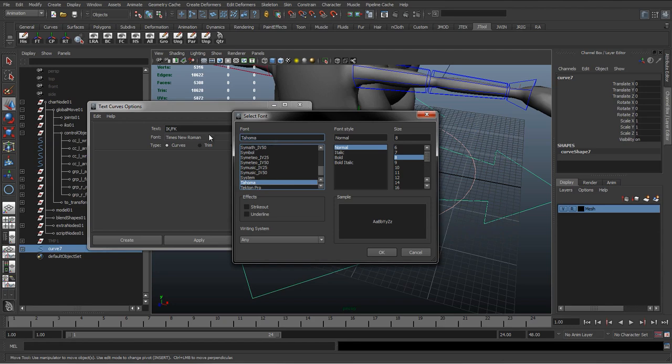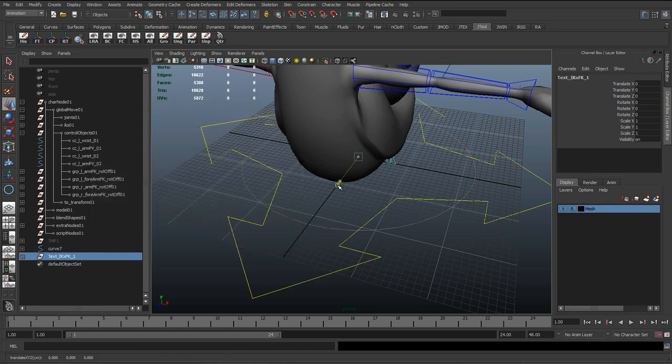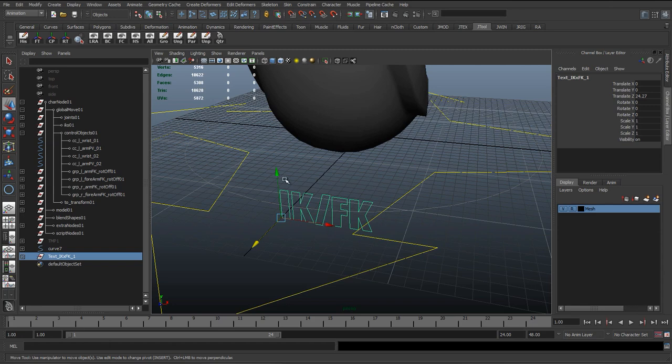So I tend to like Impact, that's quite good, but you can obviously choose whatever text you want in there, choose a different size, but size doesn't really matter too much because we can just scale it up in Maya. And then we can choose different options, but for this I'm just going to keep it as curve and hit apply and close. And what we've got here is we have the text in a curve form, IK/FK,